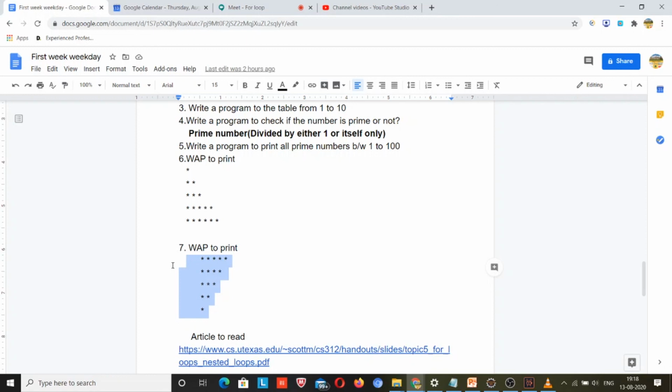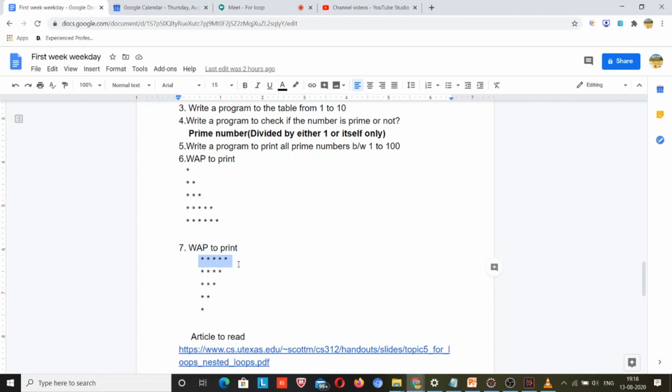What you can see here is that the first time, the star is printed 5 times. So what you have to do is, the outer loop will first run only once, right? Because i will be 1, but the inner loop will run 5 times if the inner loop value is j equal to 5, right?